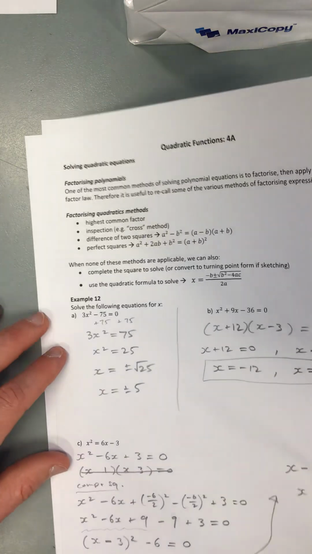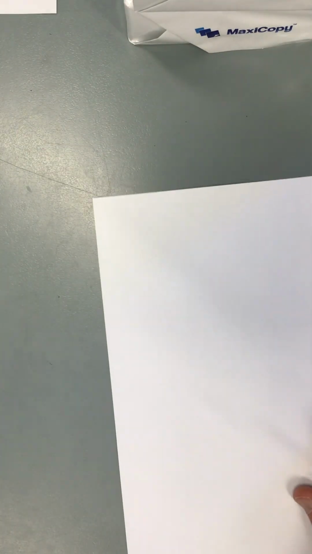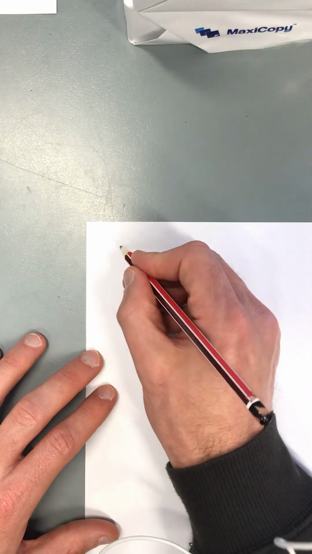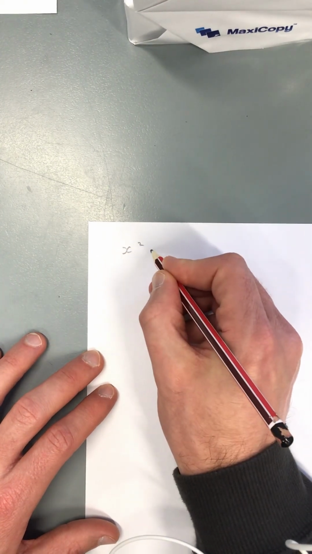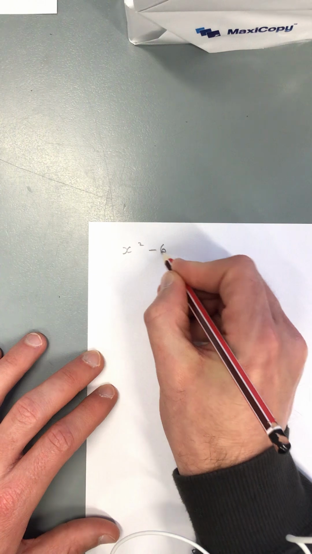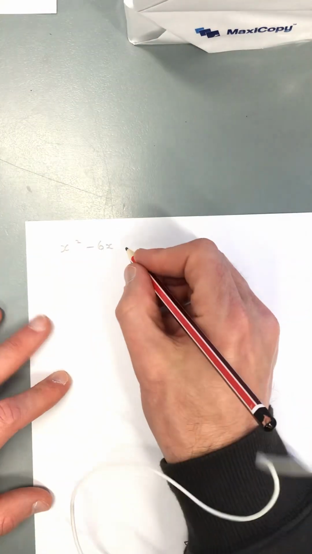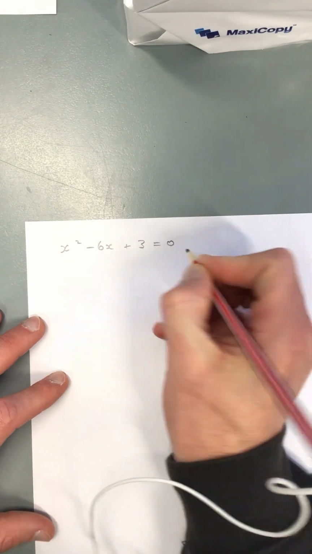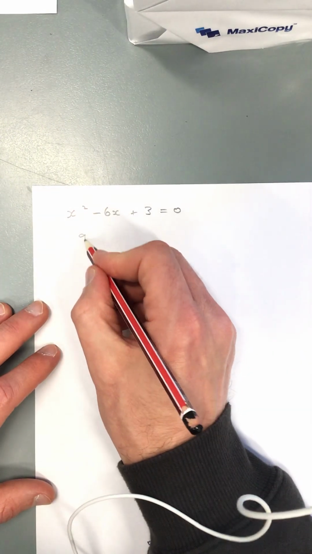Let's give it a go. I'm going to need more space, so I'll flick over to the back of this page. The equation was x squared minus 6x. What did we do? It was plus 3, wasn't it? Yep, plus 3 equals 0. So for the fans of the quadratic formula,